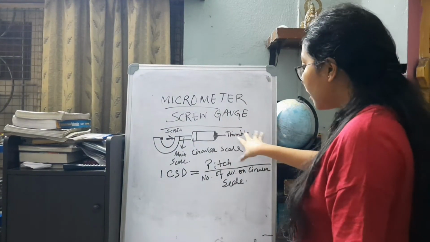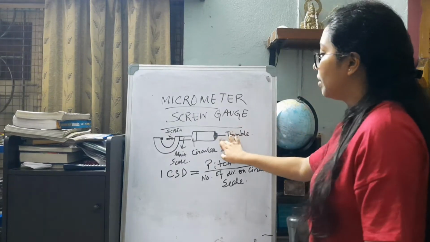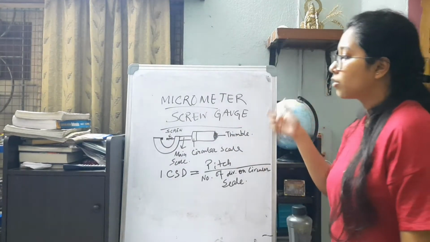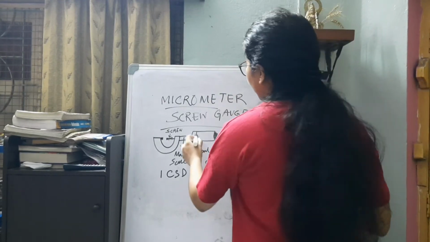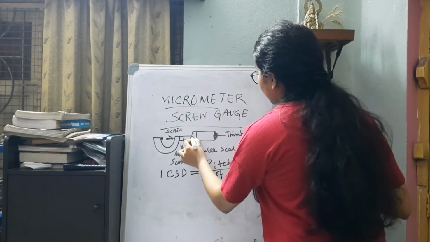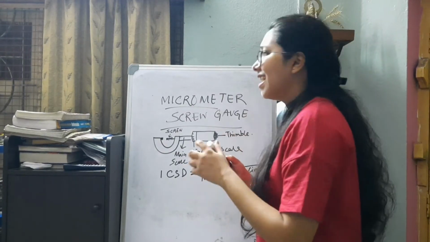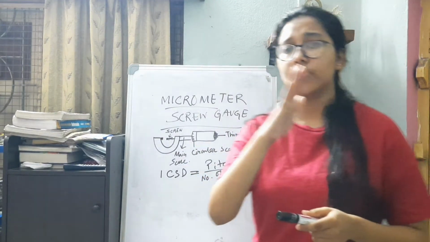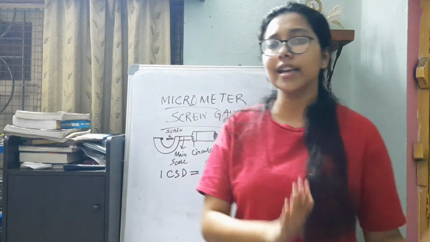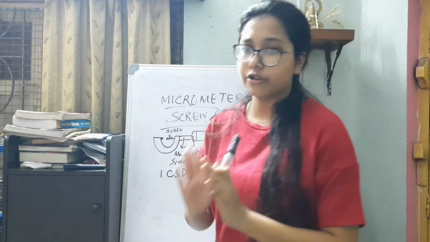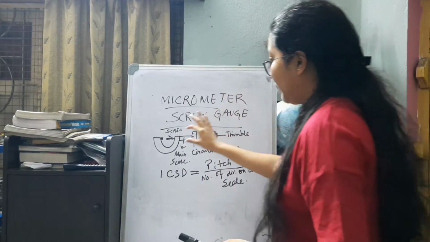In general, this is the thimble just at the back end. Now the thimble has a purpose. The purpose is that it is used for rotating the screw. Now just on the circular part, there is a circular scale with marked divisions. In general, the circular scale has 100 equal divisions. Sometimes it can also have 50 equal divisions. It totally depends on the screw gauge. Now this is the reference scale also, or the main scale.